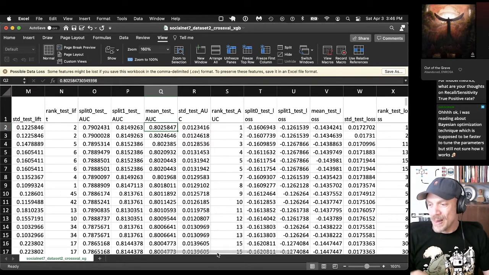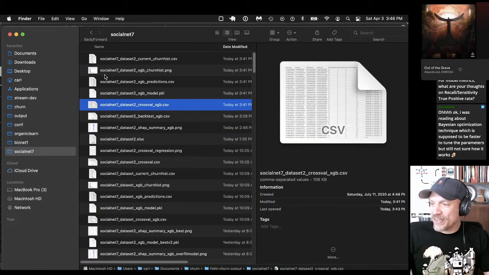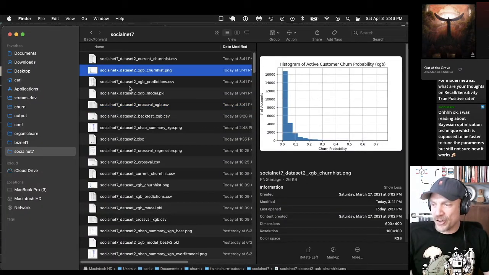Who knows? But anyway, this is how you do cross-validation. The other outputs, like the histogram of churn probabilities, look pretty similar. But now we know that we have the best accuracy on the out-of-sample testing.